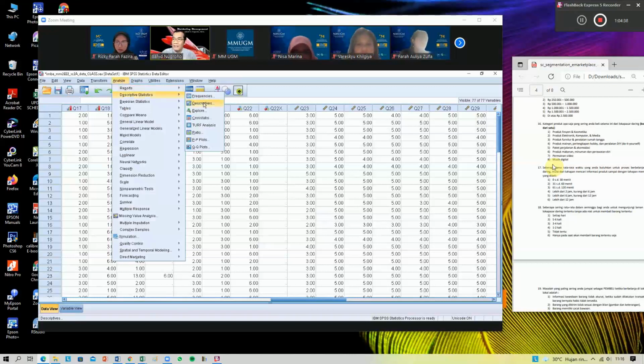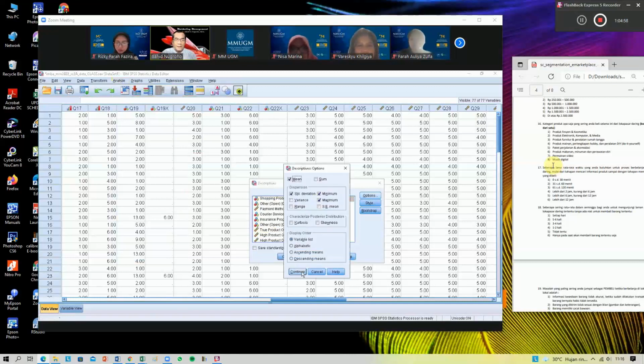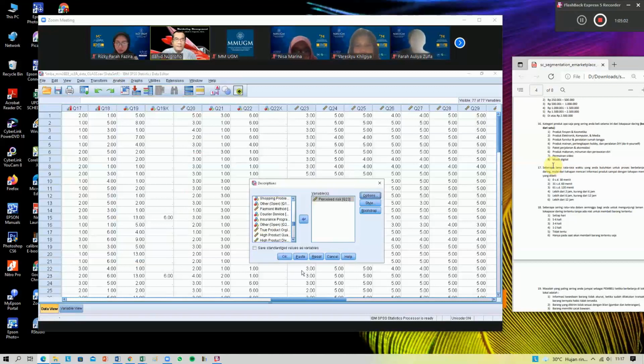Now we don't use modes or modules, but we will use mean score or average. Descriptive, and then go to number 23, Persipris. Okay, it's already opted. Continue, and then just click OK.